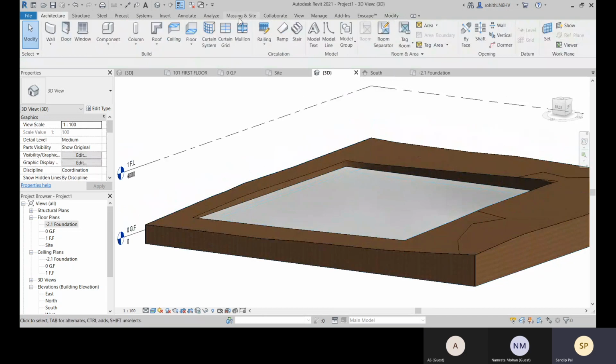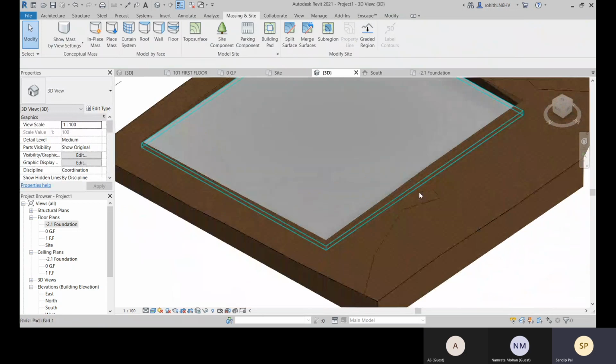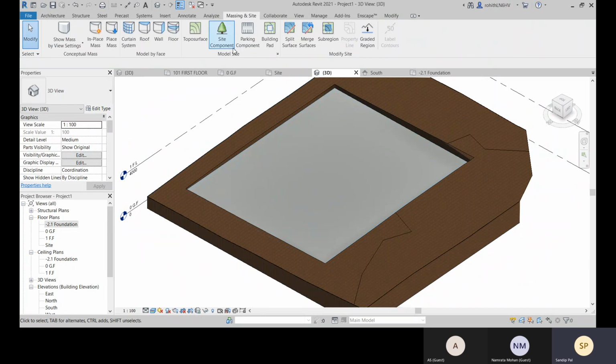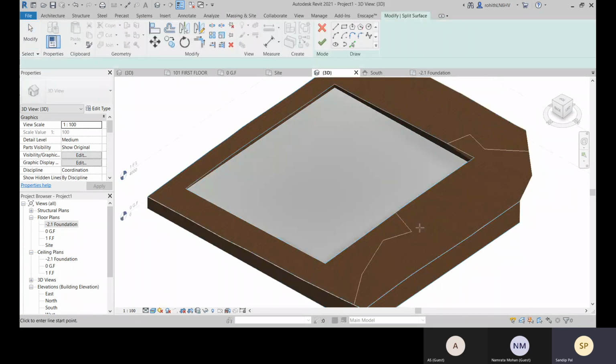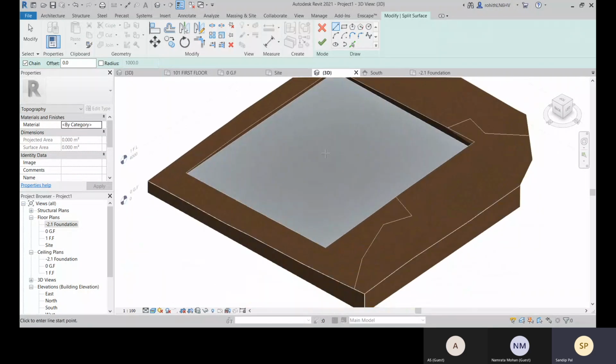Now come to this massing inside. Suppose you want to create one road. For that, you can split this surface and create one road for this. So let's create one road. I'm trying this.